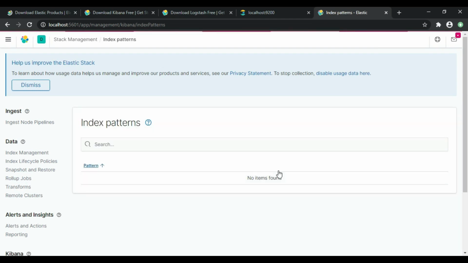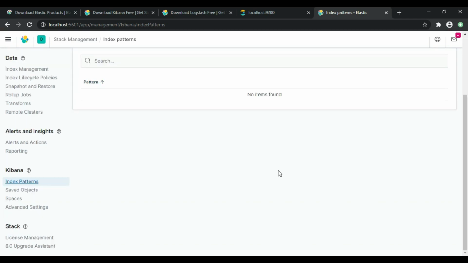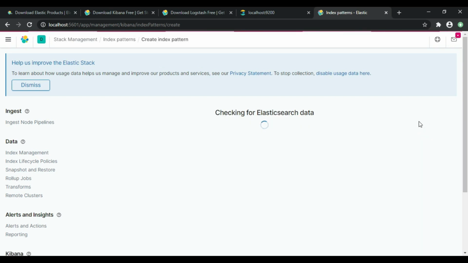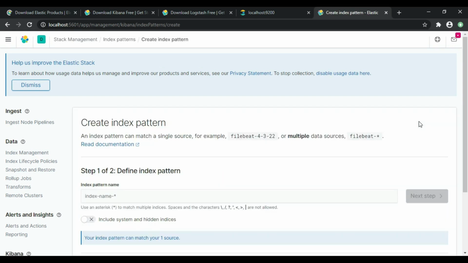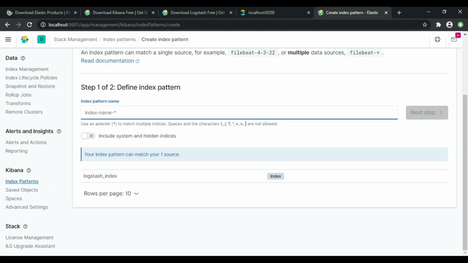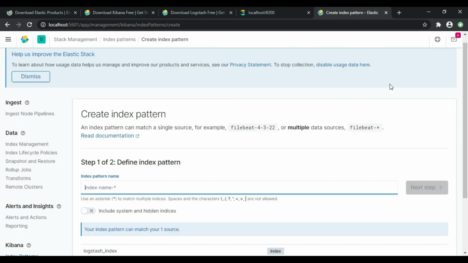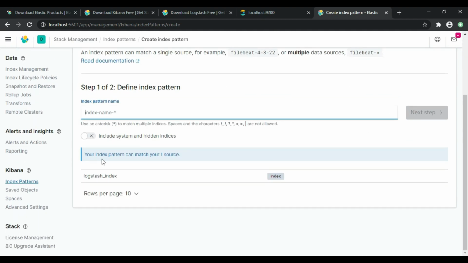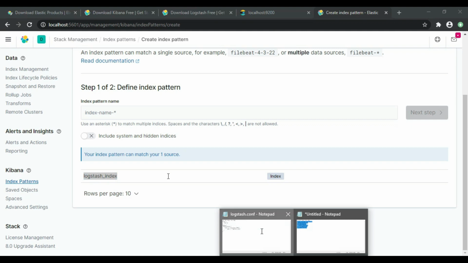Okay, now we are inside index patterns. Let's say create index pattern. Inside create index pattern, you can see this is the index that was created, because in the conf file we mentioned this logstash_index. So the logstash_index is created here.